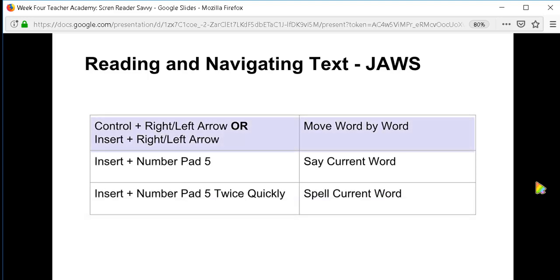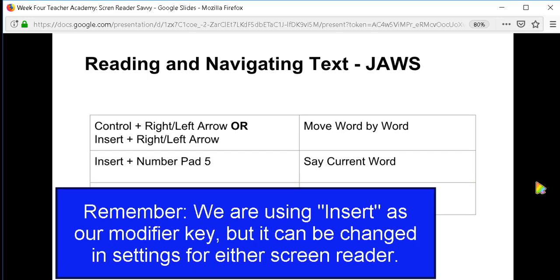Control plus the right or left arrow, or Insert and the right or left arrow, will move word by word. Insert and number pad 5 will say the current word, and Insert number 5 on the number pad twice quickly will spell that word. And here I'm just going to stop for a minute to remind you, you see those Insert keys. Remember, Insert keys